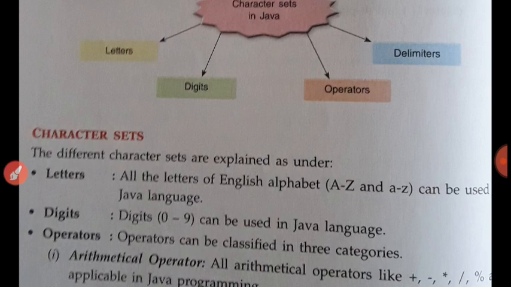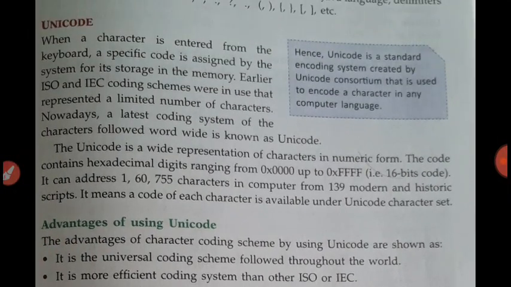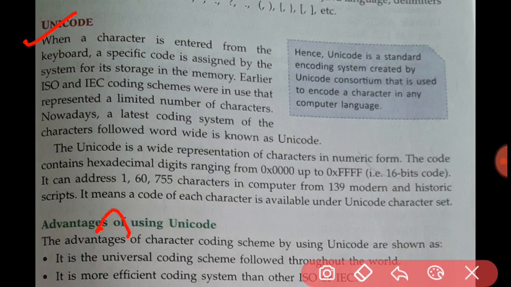So for character sets we use two standards. There are two standards, and we can use any one. First is the Unicode standard and the second one is the ASCII standard. The difference is that in Unicode there are many more characters, and in ASCII there are only 256 characters.